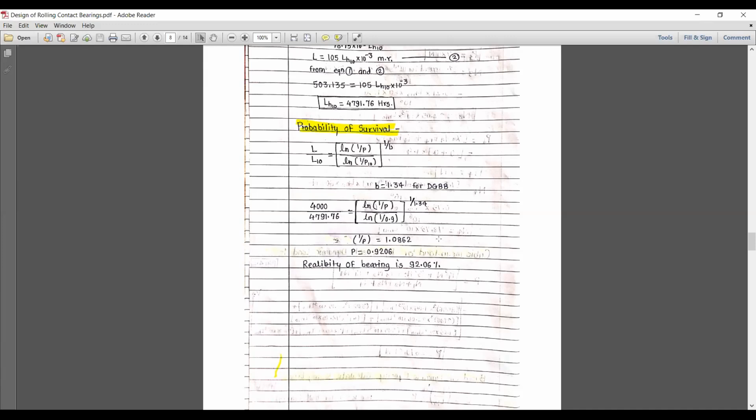The 10 in P10 indicates the percentage of failure. If you want to write it this way, you can. When you write P10, it means 90% probability of survival, and 10 means 10% probability of failure. So you can write it however you like. Now putting all the values, L value 4000, L10 value 4791, which is calculated, and 4000 which is given already. Okay, so after calculating, what we get, the probability of survival of the bearing is